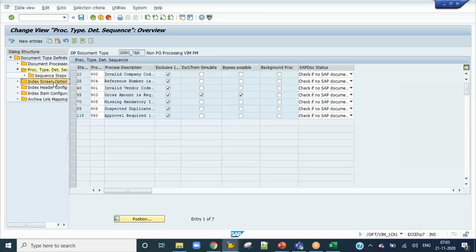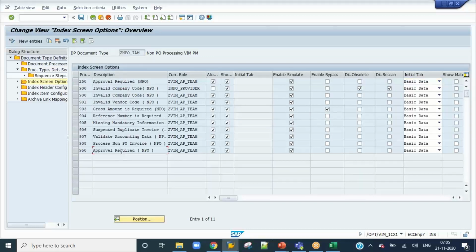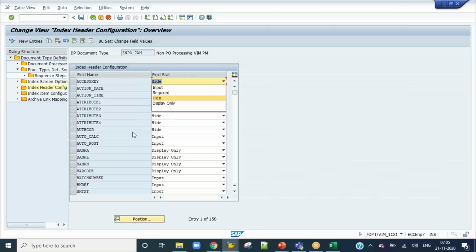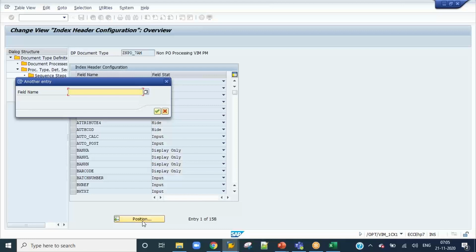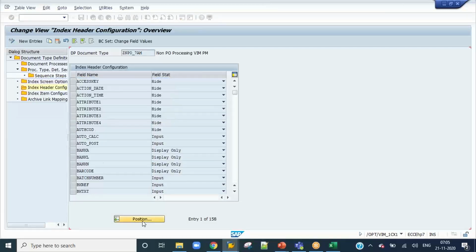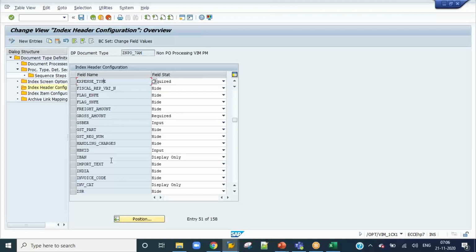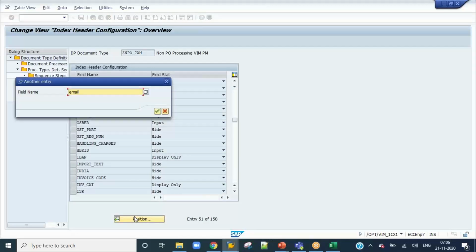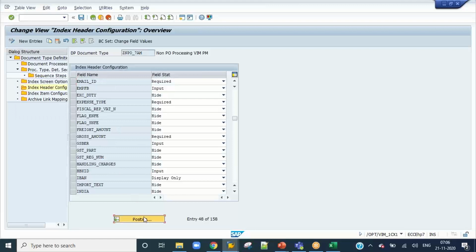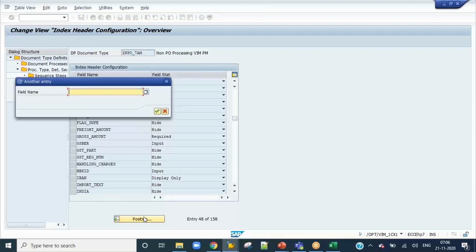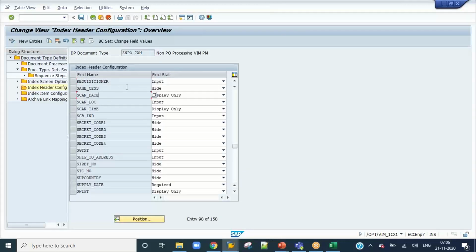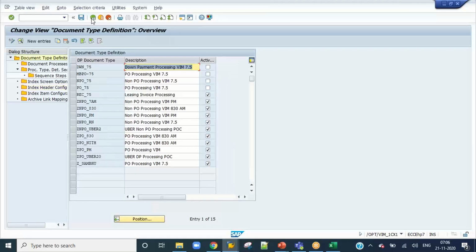Then we went to index screen options. So 950, like we have, and then header fields. What are the fields which we want to show? That email, requisitioner, expense type, those we have added here. Make it as input and required fields. So expense type is required, and then email is a required field, and requisitioner is a required field. So all this I kept. Then what I have done,